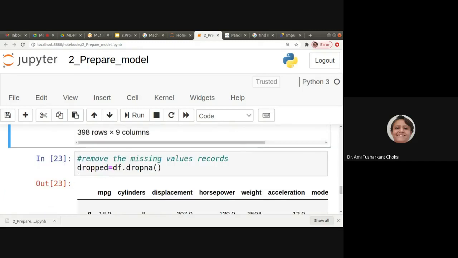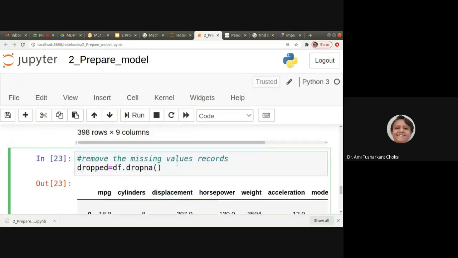Now what I'll do is df.dropna(). I'll drop those records where missing values are there and store it in dropped, because df will not be changed. If you want to store the result, you have to store it in another variable, right?